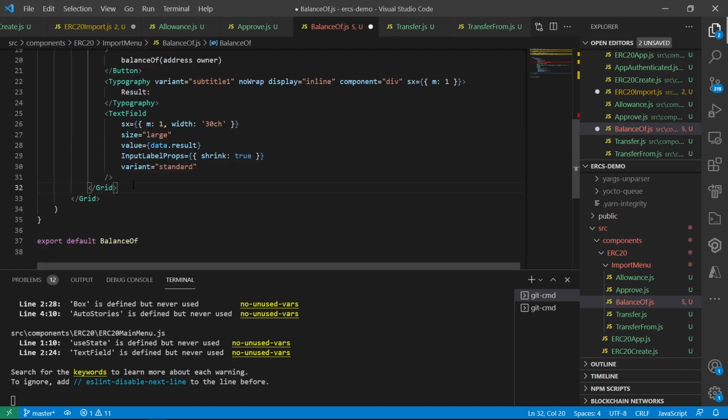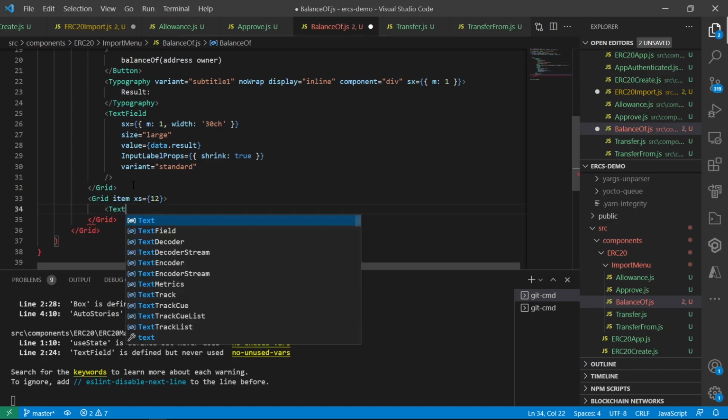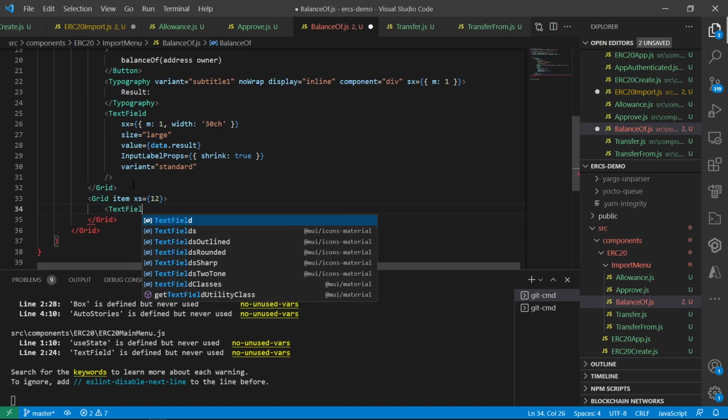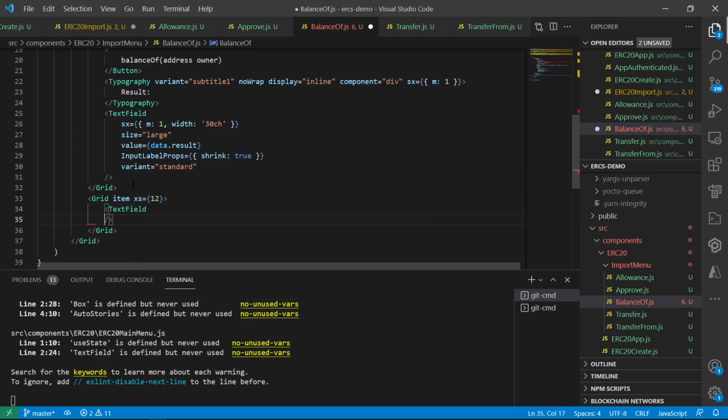And finally, what we want, which is very important, we want to be able to input who the owner is. So for instance, I want to know the balance of one owner or another owner. So being able to input an address into a text field that will be used during the function call. So we're going to do text field label equals owner